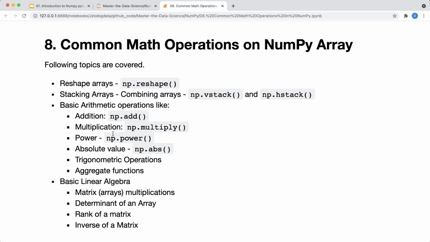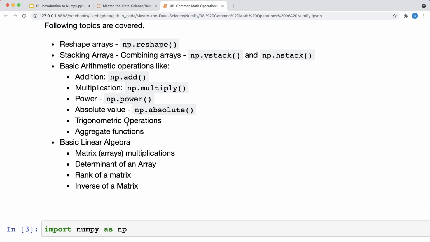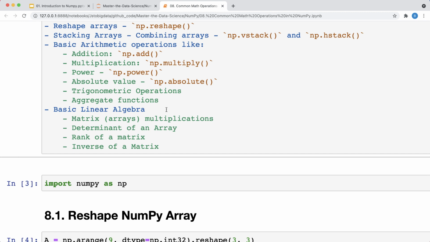Again, I have not covered everything. It's not possible in this video to cover everything. So I just showed you the use of reshape. Then we talked about vstack and hstack, I've shown you how to use np.add, np.multiply, and np.power, np.abs. It's np.absolute, actually. I've also shown you various trigonometric operations, right? Sine, cos, tan, and I've also shown you the reduce and accumulate functions in aggregate functions, right?